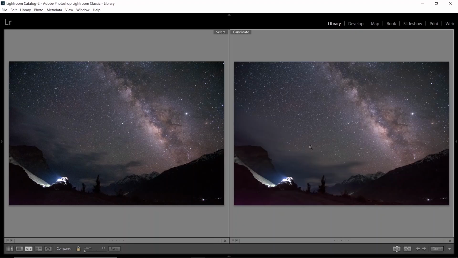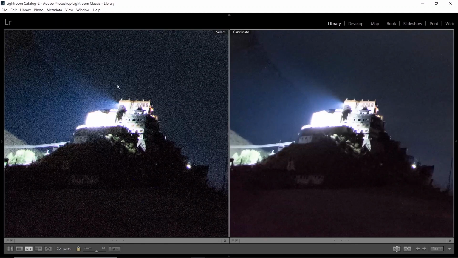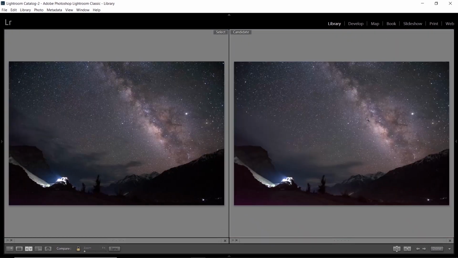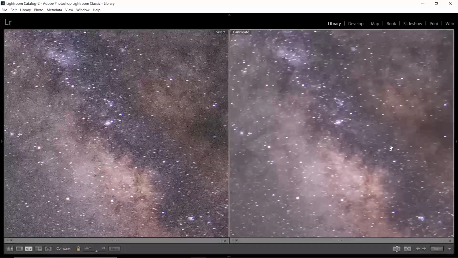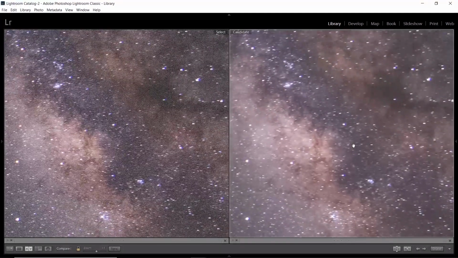So right before we start this video, just have a look at the before and the after part of the pre-processing tutorial of the Milky Way. Towards the left is the raw file and towards the right is a pre-processed file of the raw file. So if I zoom in one to one towards this part of the image, you can see there's a lot of noise in the raw file, while on the pre-processed file, the noise is gone and the details are still preserved. So stay tuned until the end of the video and have a look at the pre-processing techniques of the